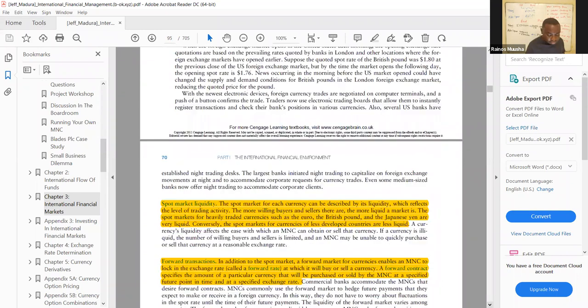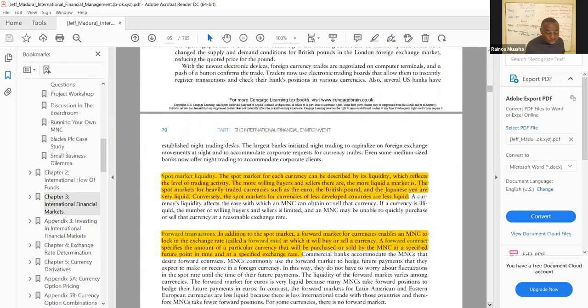Before we look at these other markets, we also need to find out exactly what the spot market liquidity is. Here they say the spot market for each currency can be described by its liquidity, which reflects the level of trading activity. The more willing buyers and sellers there are, the more liquid a market is. So the spot markets for heavily traded currencies such as the euro, the British pound, and the Japanese yen are very